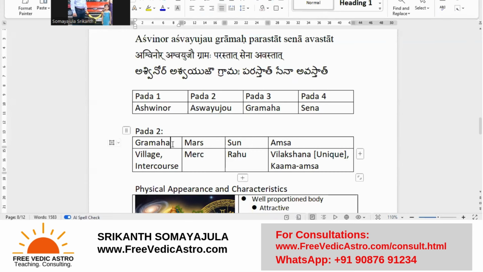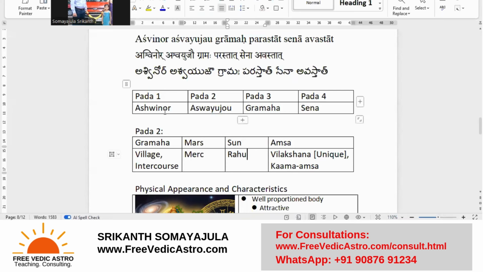and if we remember this word Gramaha, and we also understand what Vilakshana is, which I will eventually tell you. This is the sun, which exalts in the Aries sign, where the planet is placed in the D1. Rahu is the exaltation point that I am considering in the Gemini. So at one place, sun is exalting. In the D9, the Rahu is exalting. So sun plus Rahu, right?